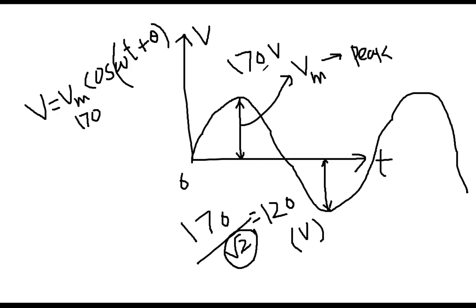You understand? The oscilloscope will not show you 120. If you simply use a voltmeter, only then you will be getting 120, because the voltmeter is designed directly to measure the effective value. But if you connect an oscilloscope and you want to see the waveform, definitely you will see